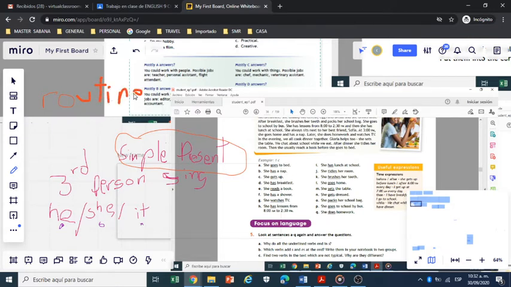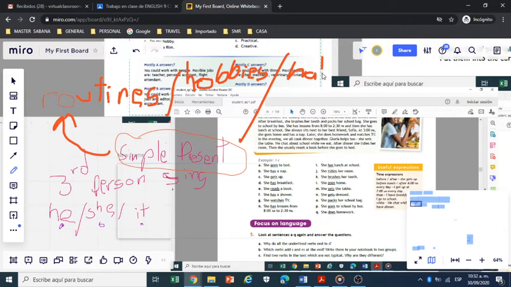For example, preferences, sports, daily activities. Simple present expresses routines, hobbies, habits,